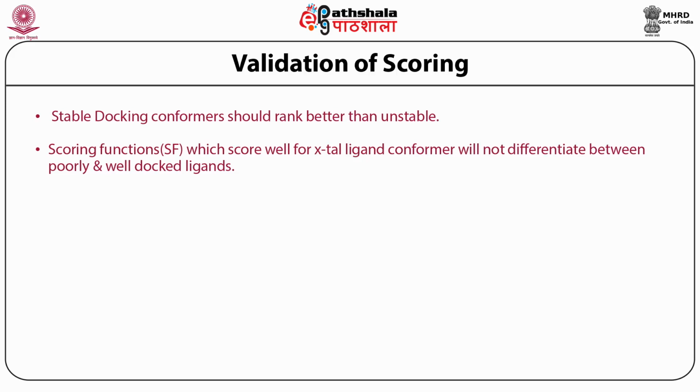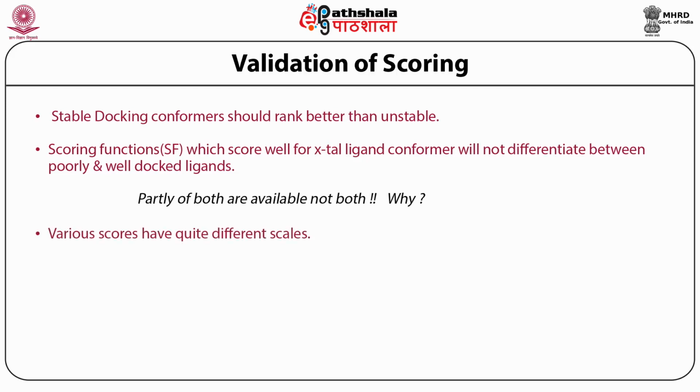Sometimes we have both the crystal structure and the ligand conformer, and sometimes we do not have both. So it might differ, because of this, the crystal structure ligand conformer is used to differentiate between the poorly and well-docked ligand. However, one has to remember that the same compound can bind to the same active site in only one single pose. However, when we are docking compounds of different kinds, diverse chemicals, poses can vary very much. Hence, reproducing the crystal structure pose and trying to keep that is not the correct solution.